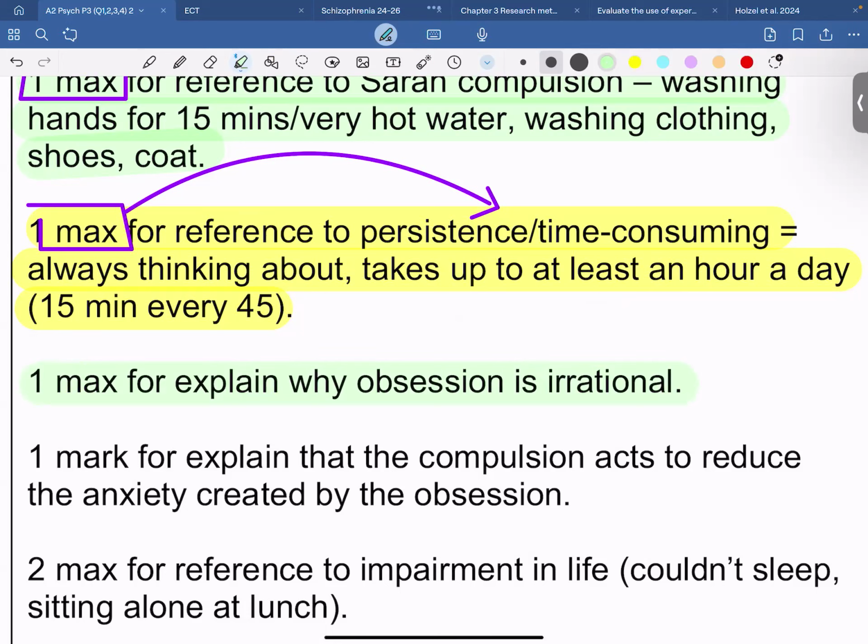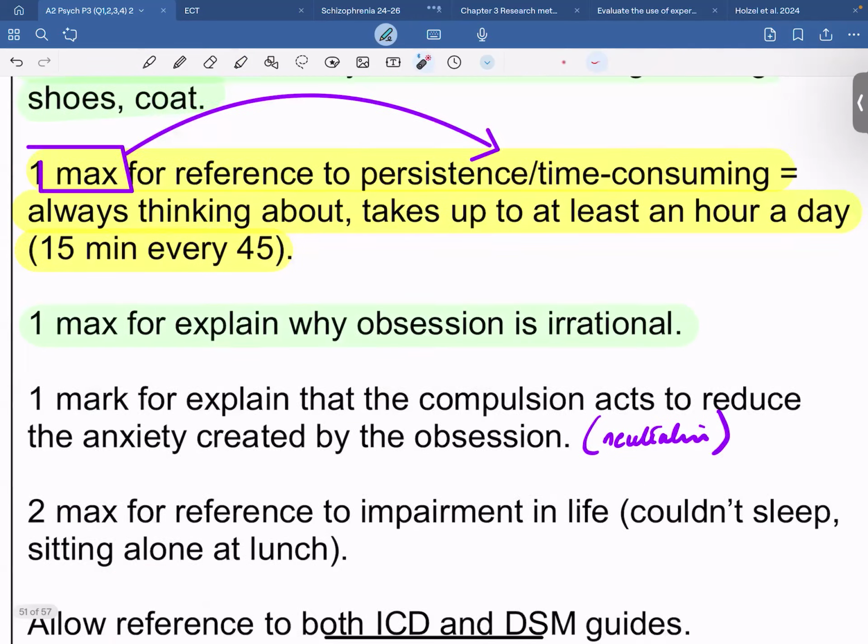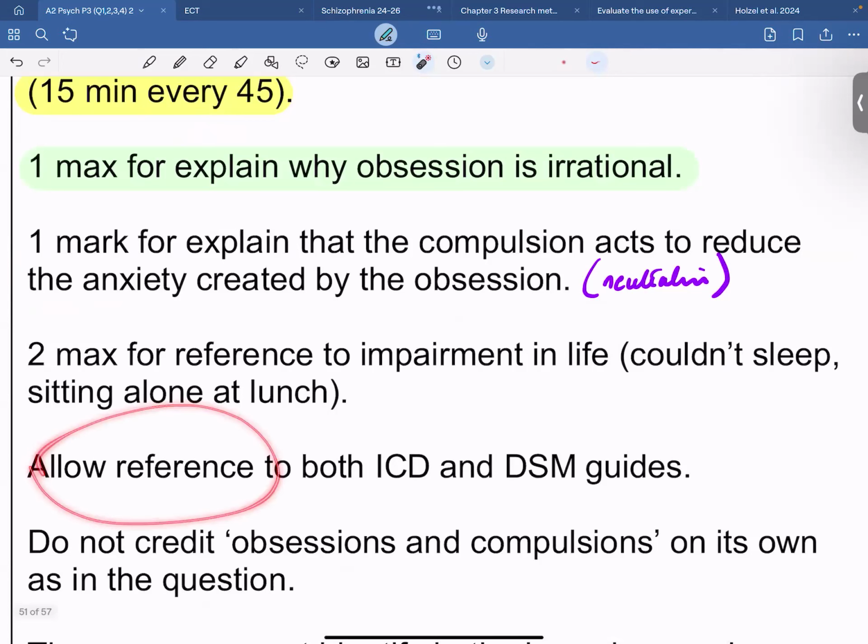1 mark for explaining that the compulsion acts to reduce anxiety created by the obsession. Remember when I'd used the word, it's an act that you use to be able to neutralize those intrusive thoughts. 2 max for reference to impairment in life, couldn't sleep, sitting alone at lunch. Allow reference to both ICD and DSM,